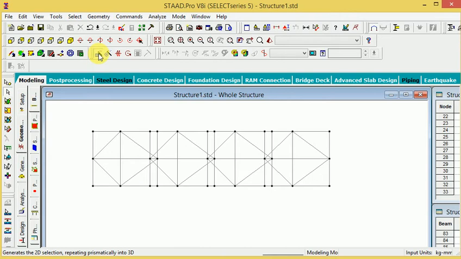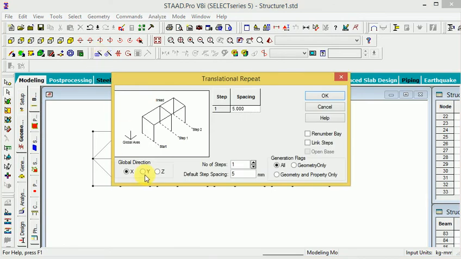Right now, again use pattern here. This is called the x-axis, and again use the y-axis. So step is 4, step is 3, and the distance again I will provide 1900, and next again 1900, same here, 1900.